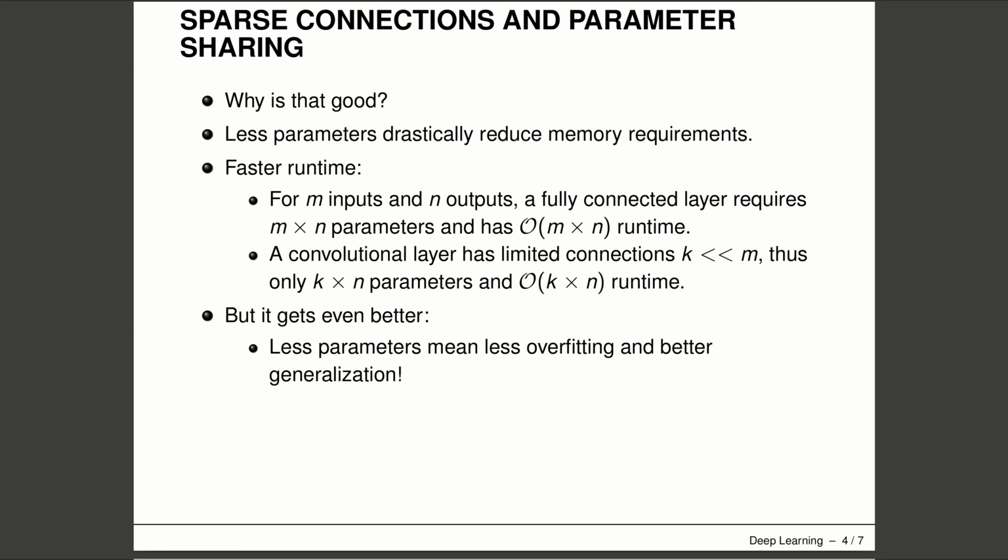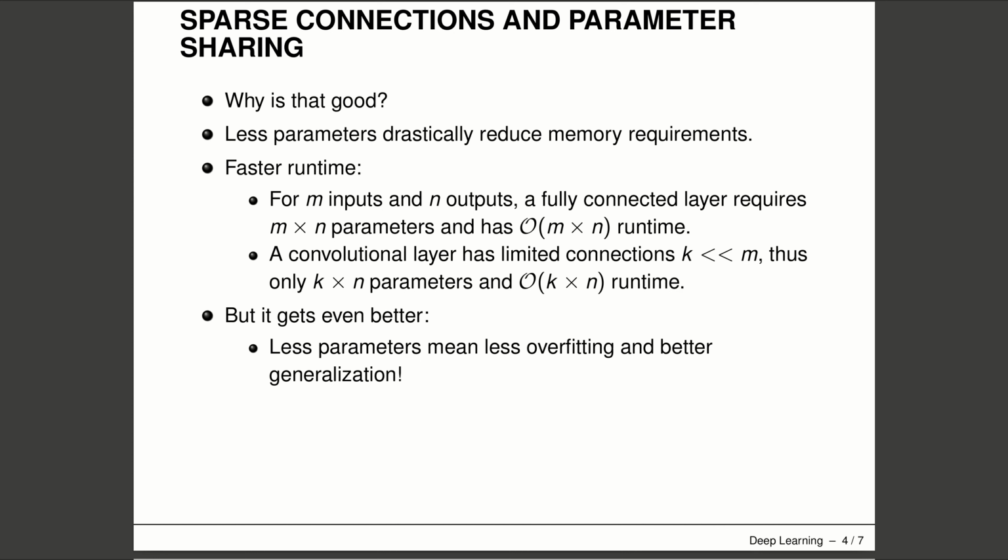And why is that good? Because first of all, we have fewer parameters, therefore it needs less memory, and also we will have a faster runtime. For example, for the dense layer or fully connected layer, for M inputs and N outputs, we need to actually learn M times N parameters, and the complexity of our algorithm is big O of